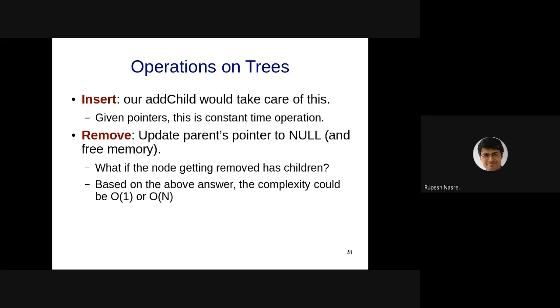But this is going to change the structure of the tree, right? So the original tree had a meaning. When you are removing a particular node, that means that semantically the tree should still remain with the same meaning as it was before, and therefore we cannot arbitrarily replace the node being removed by some leaf node, right? The meaning should remain the same.